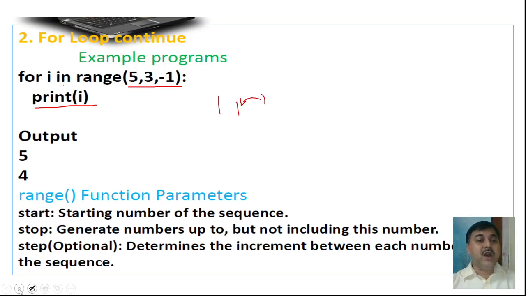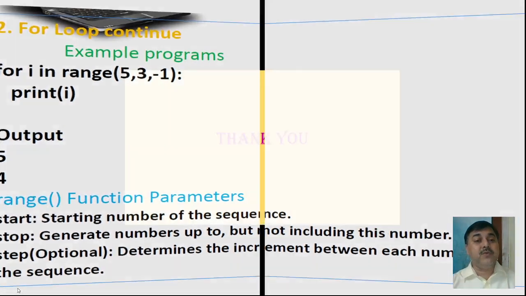So this is how you can make the loop work. Range is a function to which you can give parameters: the starting point, the ending point, and the gap. You can give +2 here, you can give -1 here, any pattern of gapping. If you don't give anything, by default it will take +1 as the sequence. So this is how the sequence will run.